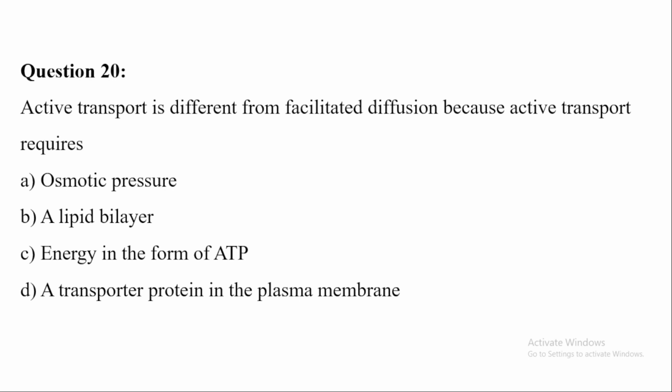So active transport, by the name you can imagine, it's a transport which is driven by some form of energy. So the correct answer for this question is option number C, energy in the form